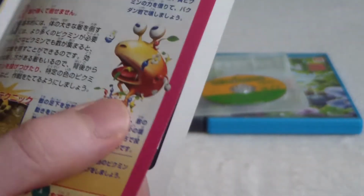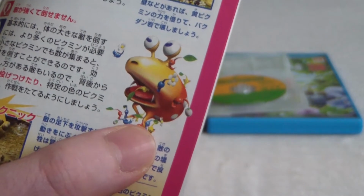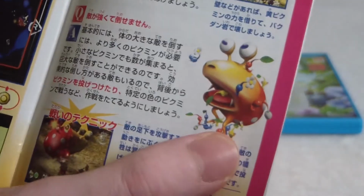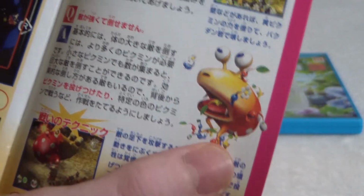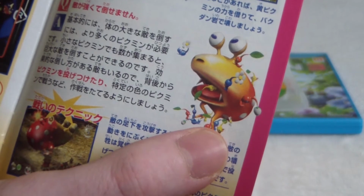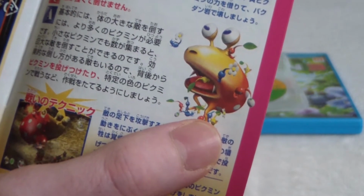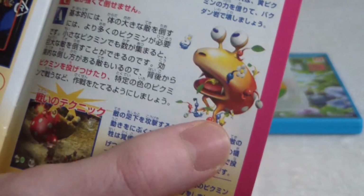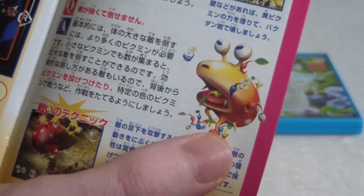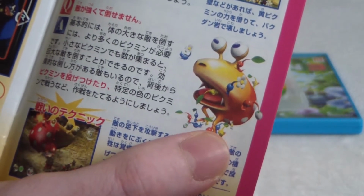So the more Pikmin you've got, the more you can overwhelm them. That's generally the case with most enemies. If you've got a lot of Pikmin, you can throw them, or even, I don't know if you're able to in this game, but in 3 at least you have a charge move where you can action a command where any Pikmin you've got with you in your command basically run at the enemy and